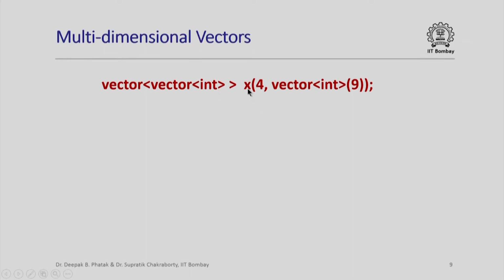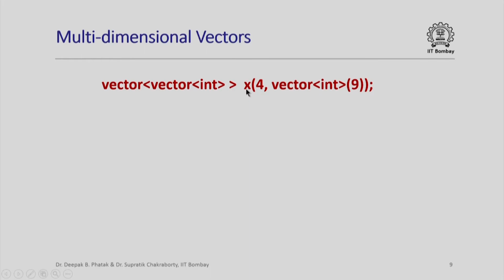Here x is declared to be an object of a class vector, where each element of that vector x is going to be a vector of integers. Now, recall also that we can specify some initial parameters to the vector constructor, and if you recall from the previous lecture, when I write something like this, it basically means that x is to be a vector of size 4 and each of the 4 elements of x are to be initialized with this value.